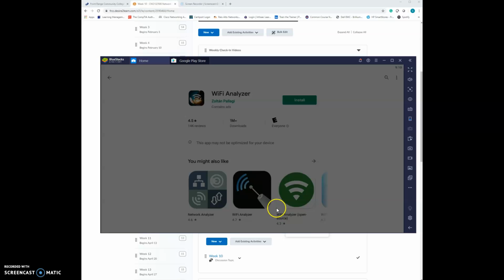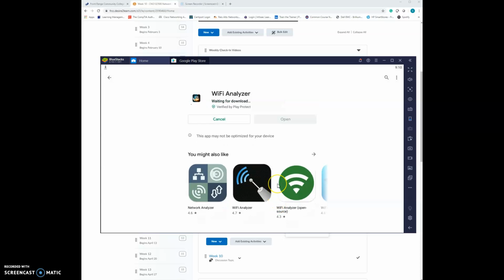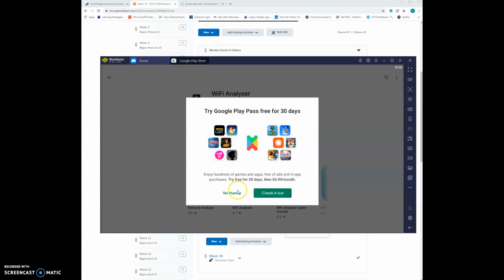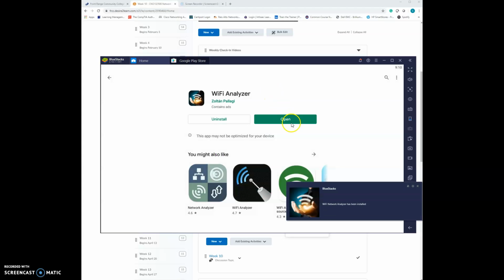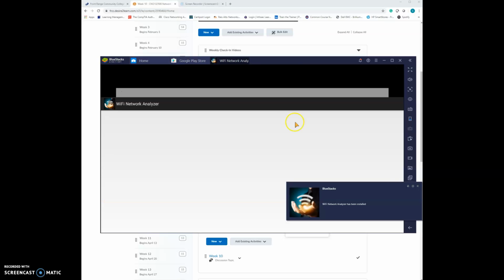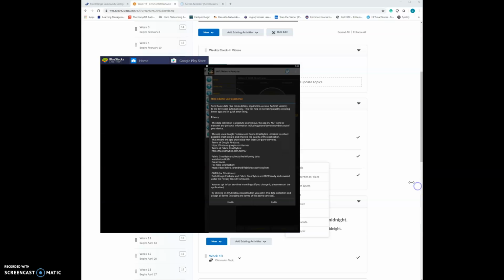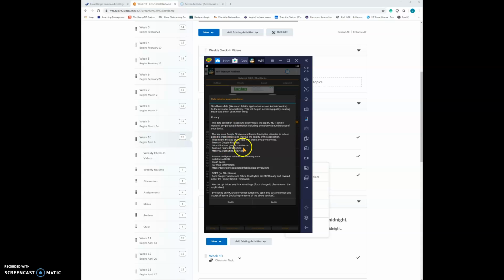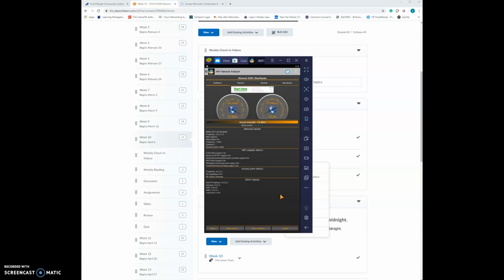Skip. I'm not going to purchase anything. No thanks. So here we have my BlueStacks pretending it's a phone, running a Wi-Fi analyzer, but there's no NIC to